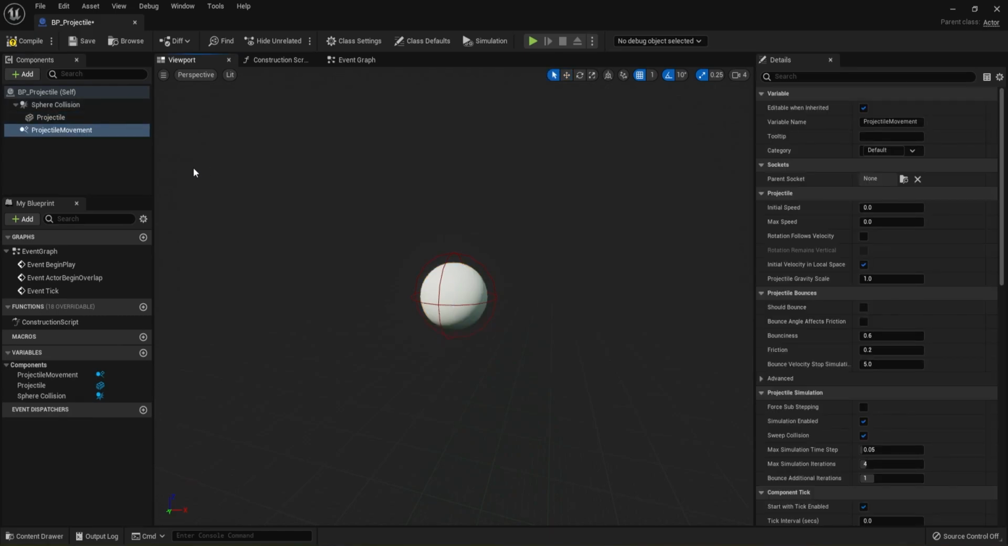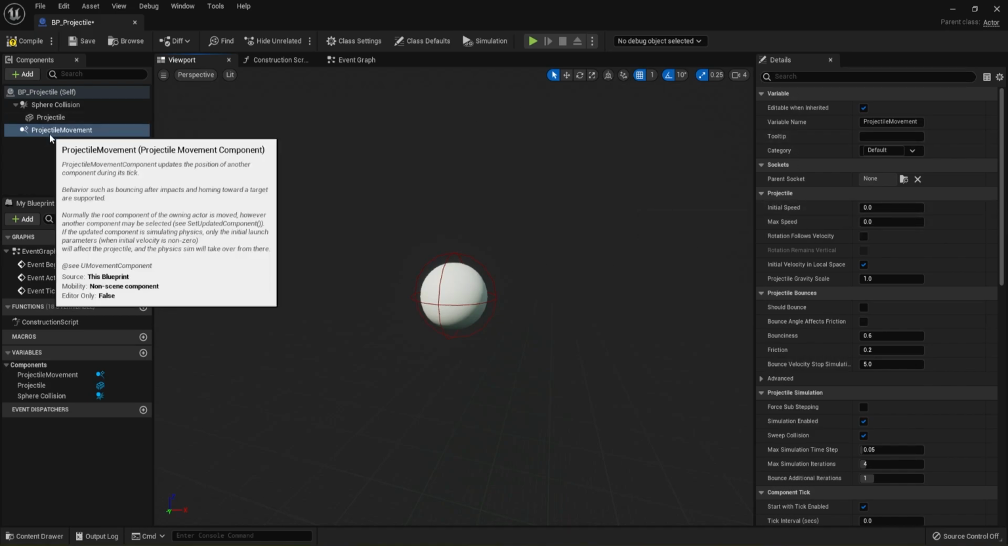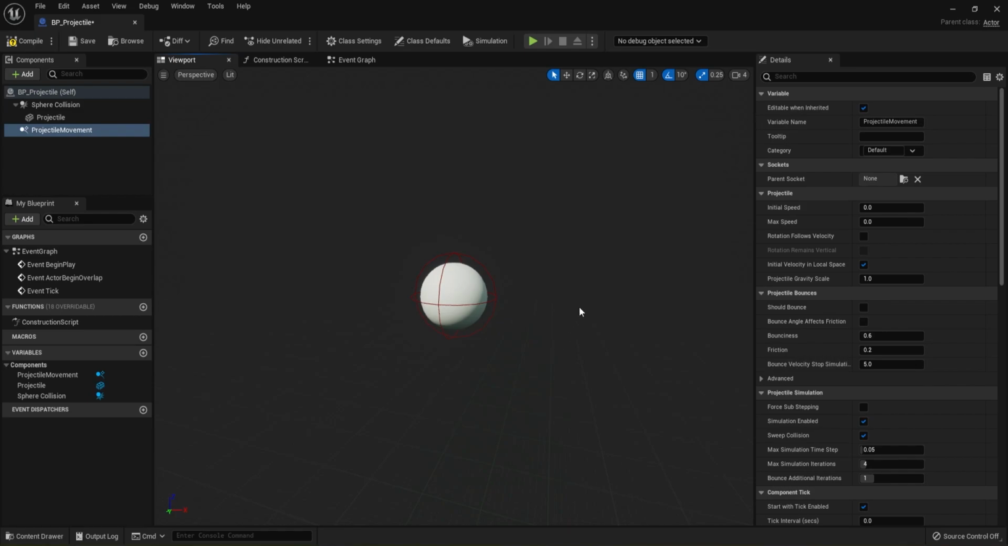I'm going to hit enter and leave it alone. Okay, we're just going to use that name. Now I got to change a couple settings here. Over here on the right hand side under details with the projectile movement selected, we're going to go ahead